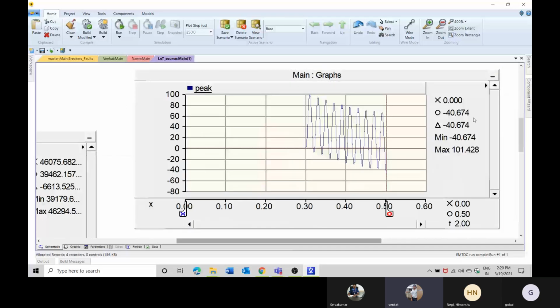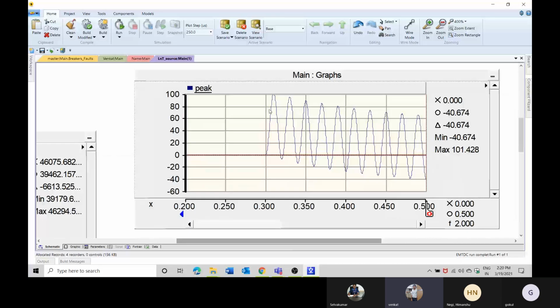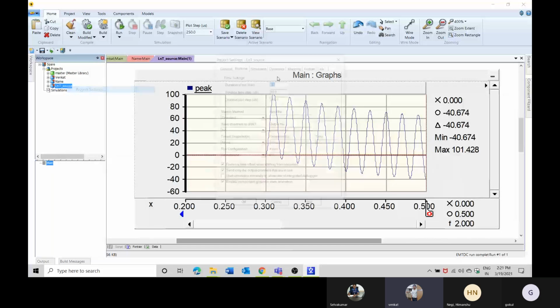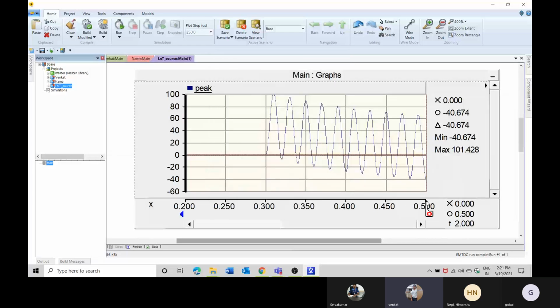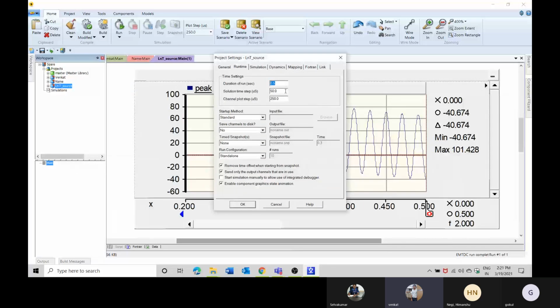Now here you can see this. The duration of run which I have kept is 0.5 seconds, that we can see here, right? From the project setting, in the duration of run you can see about 0.5 seconds, so the simulation has run for 0.5 seconds. The next one is the 50 microseconds, the solution time step.